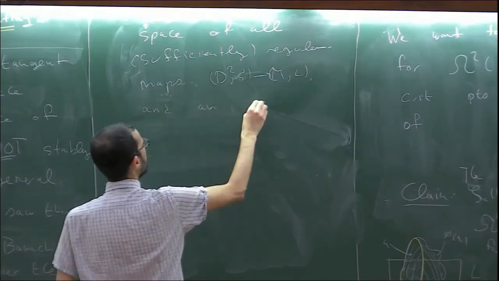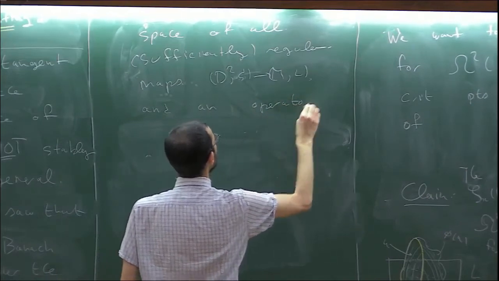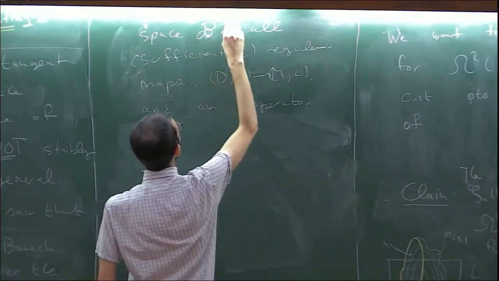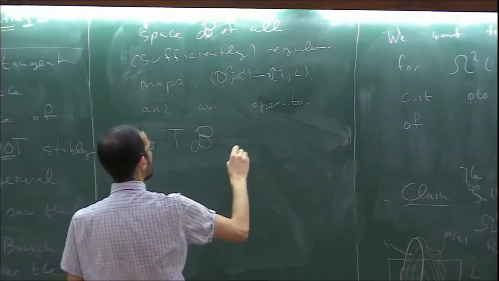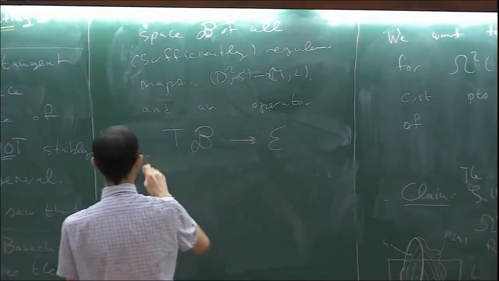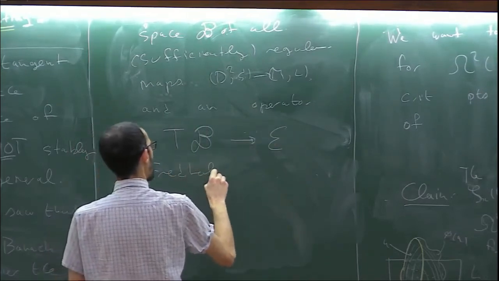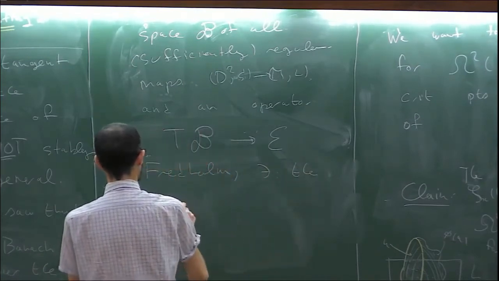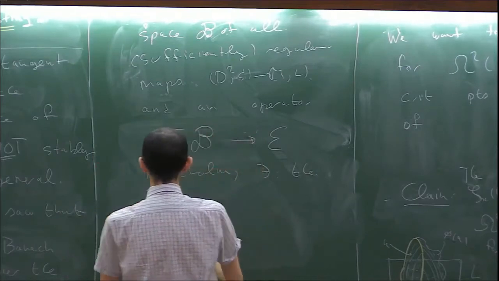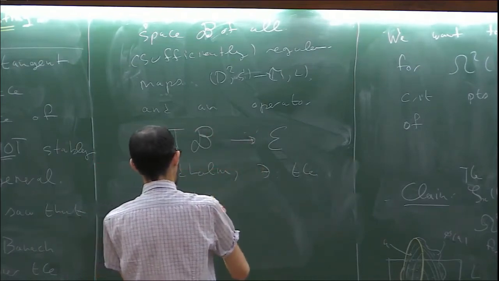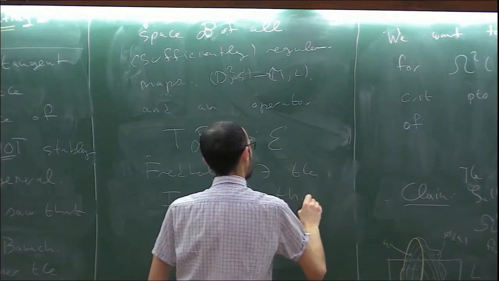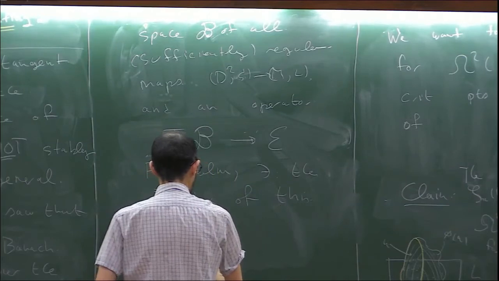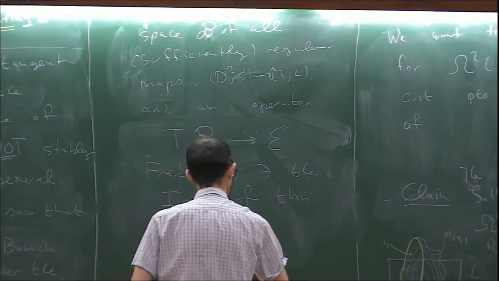And an operator. So let's say the space, let's call this B, and an operator from basically the tangent space of B to E, which is Fredholm, such that the kernel, or really, I want to say the index of this operator, which means formally take the kernel minus the co-kernel,